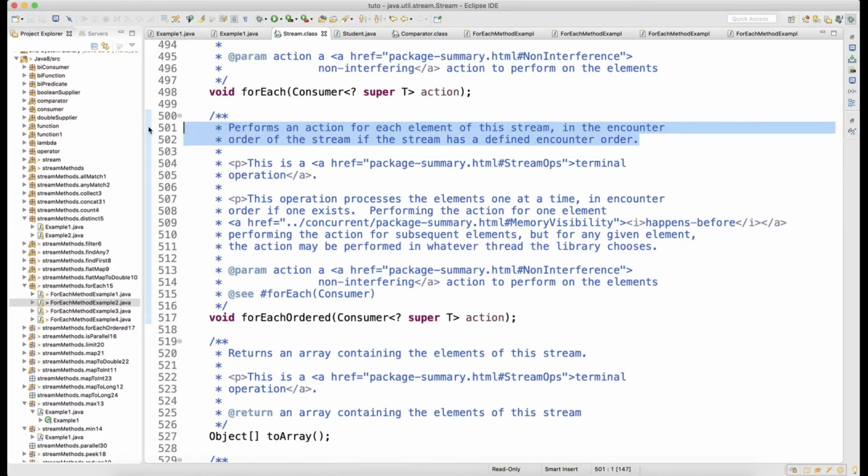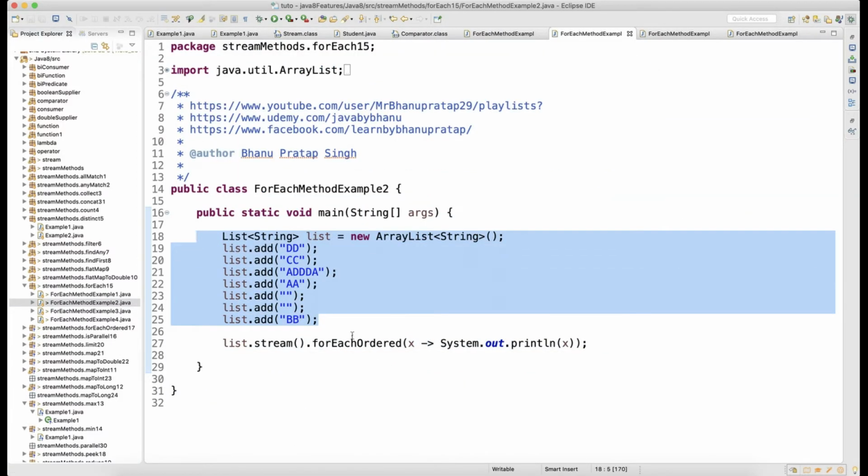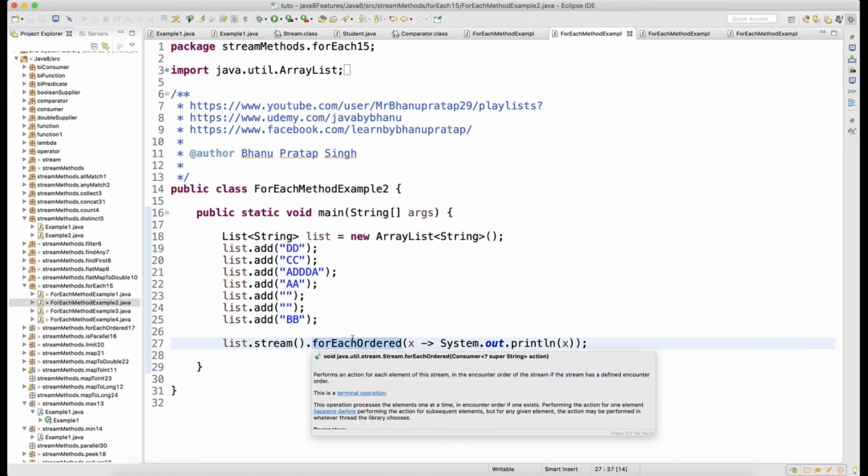Usually this is helpful when you are working with parallel streams. If you don't have a parallel stream and you use forEachOrdered, you will not see much difference. It works the same way forEach works. The only difference is that even when you are running a parallel stream, forEachOrdered will maintain your order.